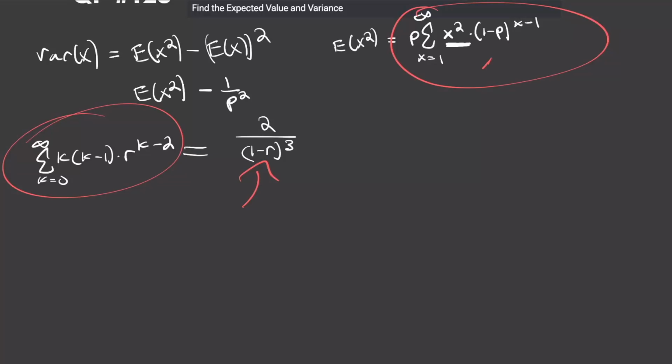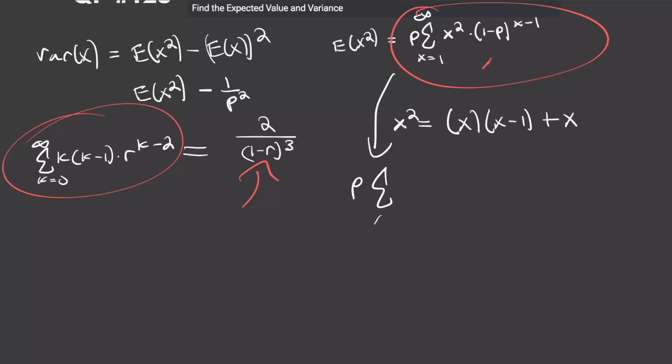A good thing to know when you're trying to relate x squared to these factorial-like terms is that x squared is just equal to x times (x minus 1) plus x. I feel like this has come up quite a bit in all the proofs that we've done, so it's a good thing to know. If we write x squared like that, then this is going to be equal to